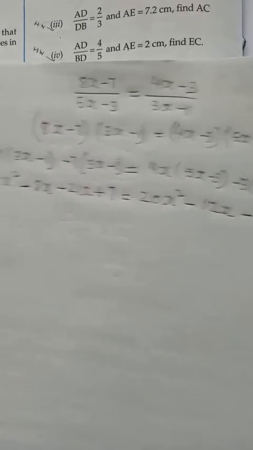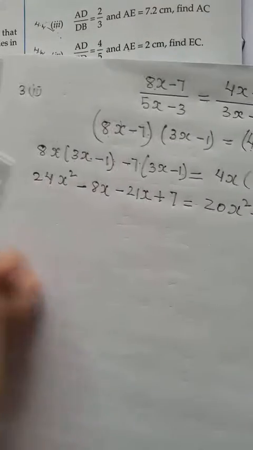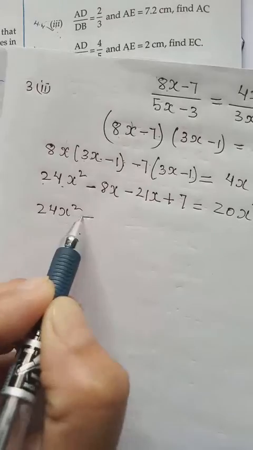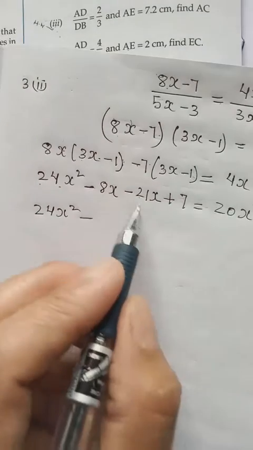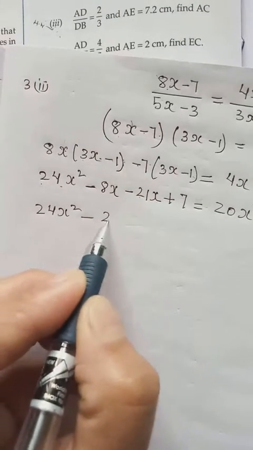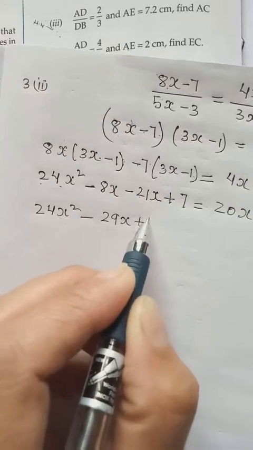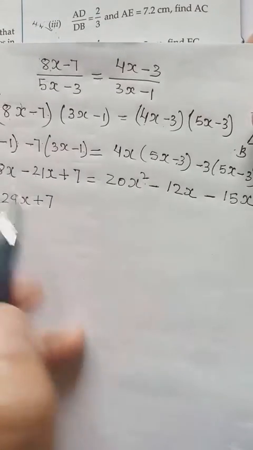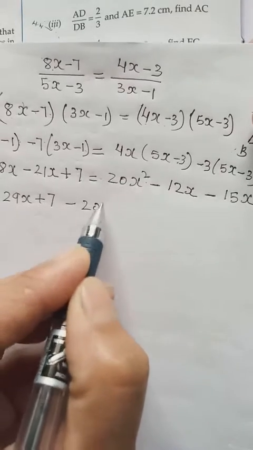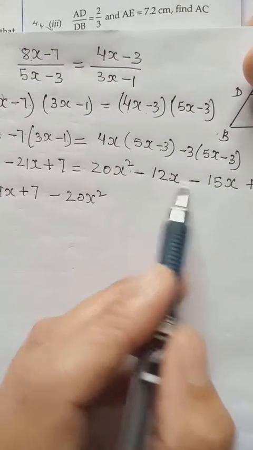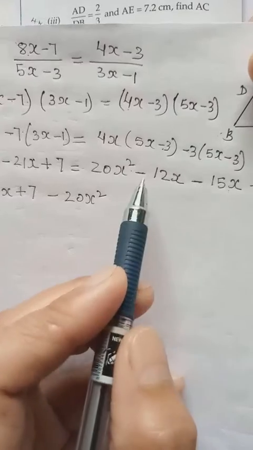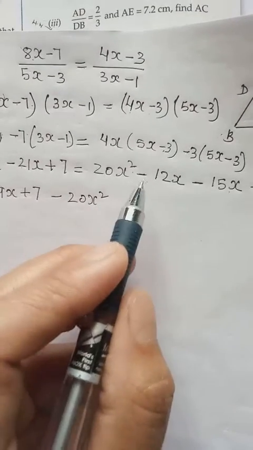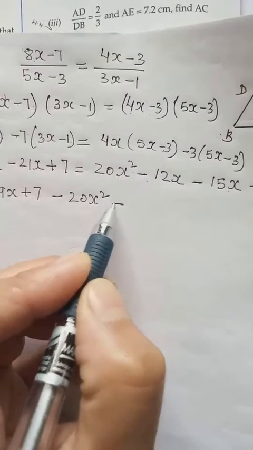So since we have x square and x, let's bring everything to one side. Here we have 24x square, both minus, so we have to plus because x terms are like terms: 29x plus 7. Then here we have 20x square alone, it is plus. Take this side, it becomes minus. Here again we have x, they are like terms, both are minus, so we can add. And then if we shift it this side, they are minus. If we shift this side, they become plus.